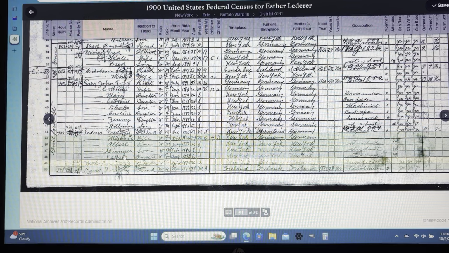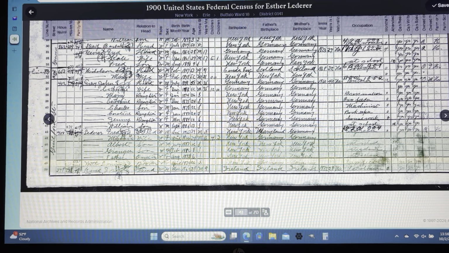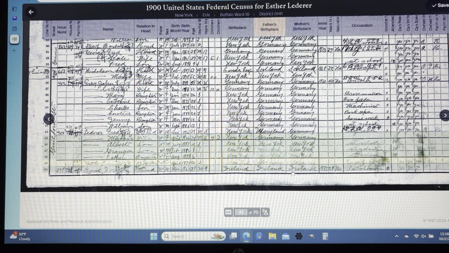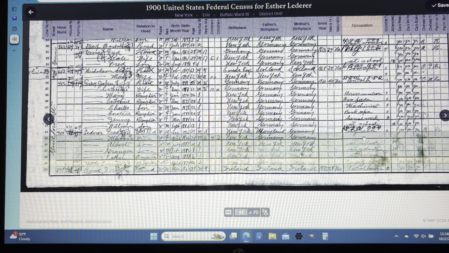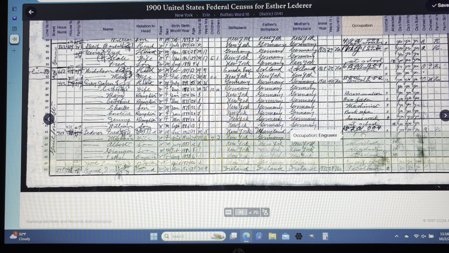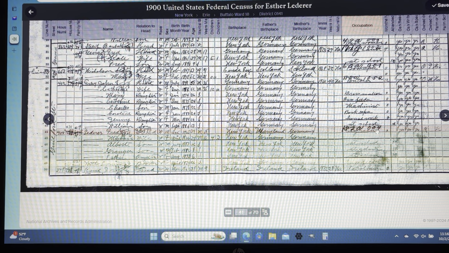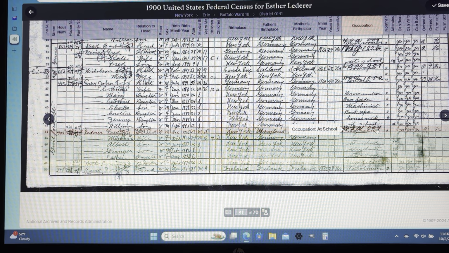So there's that information. Now you can go back, and there's all sorts of nuggets of information you can find out about what their occupation was. Let's see. It actually doesn't say his occupation, does it? Oh, yes, it does. He's an engraver. No, that's at school. Now, see, I'm highlighting Fredericks, and it's saying he's at school. Actually, it can't read what's there. That's probably the problem, because I believe that says he was an engraver.